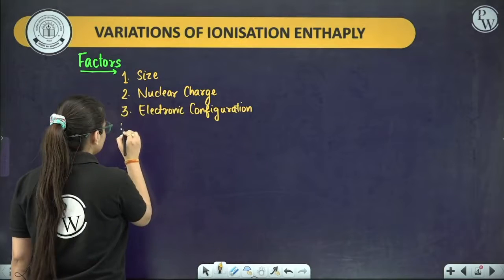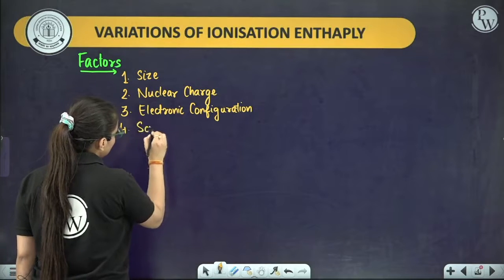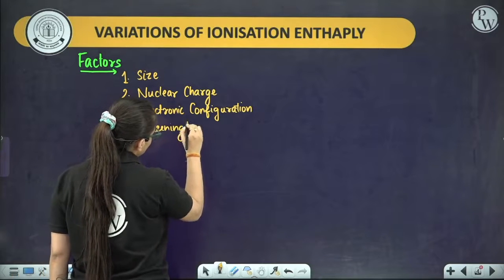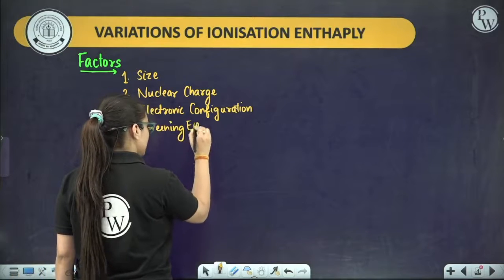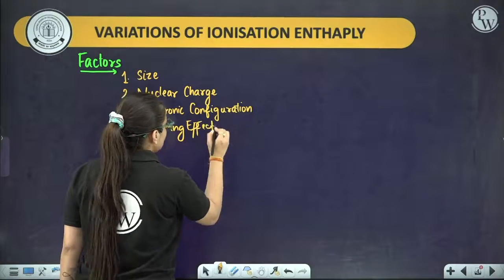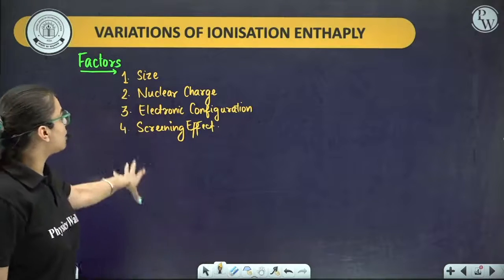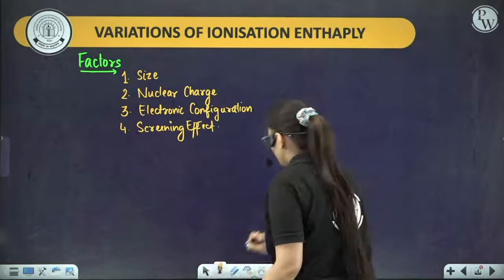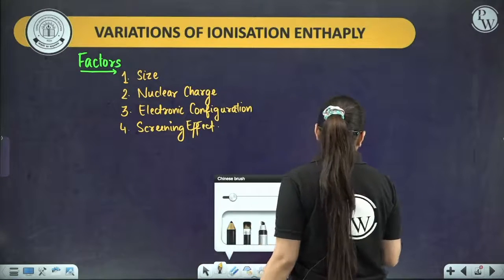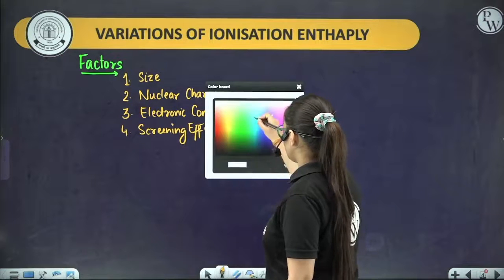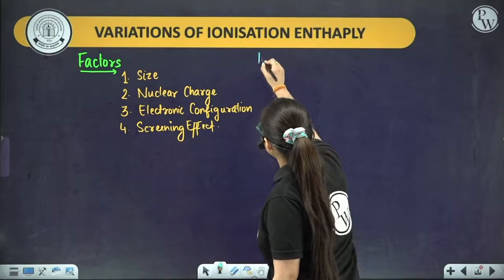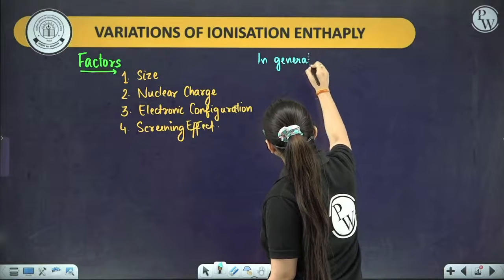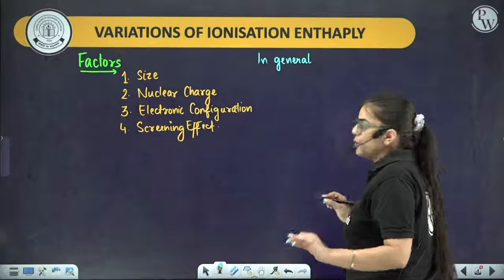The fourth factor that we shall be talking about will be your screening effect or the penetration effect that we do study. So these are some factors that are responsible for the ionization enthalpy trend. And if you remember students, let us consider in general what happens across the period and along the group. So in general,